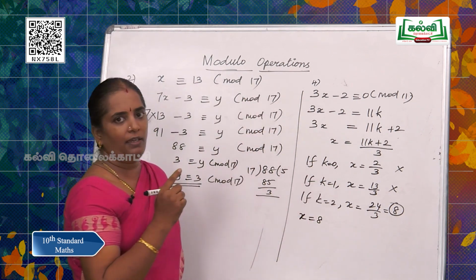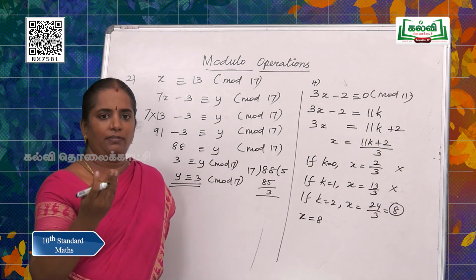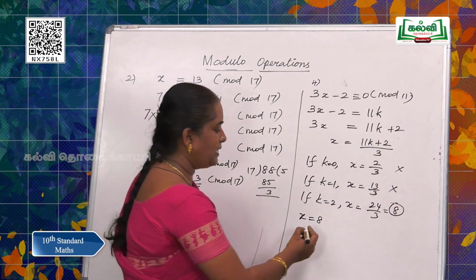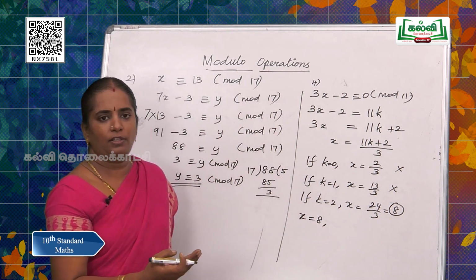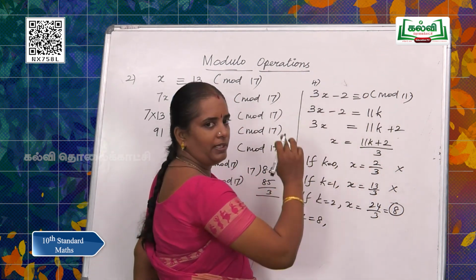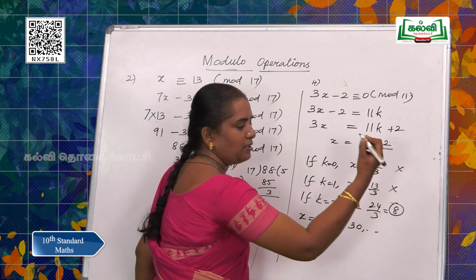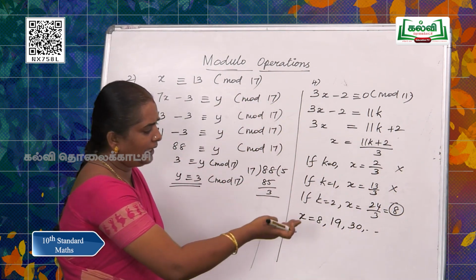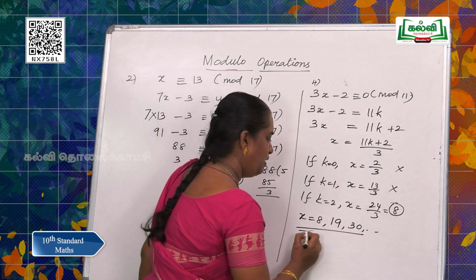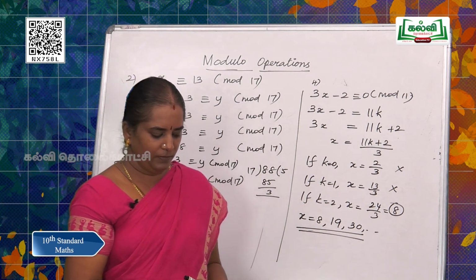But we have to find all the solutions. There will be so many solutions as we have already seen. So, how will you get the next solution? Yes, next solution means moving forward, that is adding the modulus. Modulus is 11. So, add 11, add 11. So, we get so many numbers. We can get the previous numbers also, but we leave here because we have got at least 3 numbers. Okay. So, let us move on to the next sum.